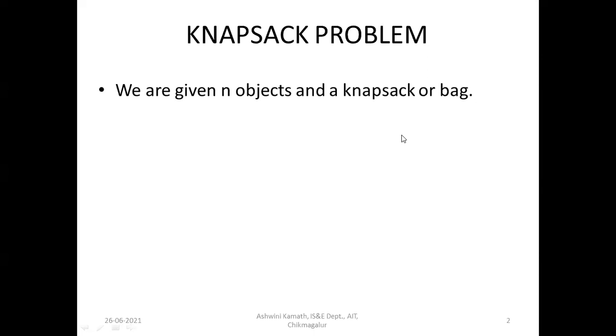We have to select the items from the list in such a way that, we are given n objects, right? We have to select objects from these n objects such that we earn more profit, and the condition is it should be within the capacity of the knapsack or equal to the capacity. Whatever items you choose, the weight of them must be equal to the capacity of the knapsack, or it must be lesser than the knapsack capacity. And profit must be more. That is the optimization problem here again. Profit must be more. We have to select such a solution.